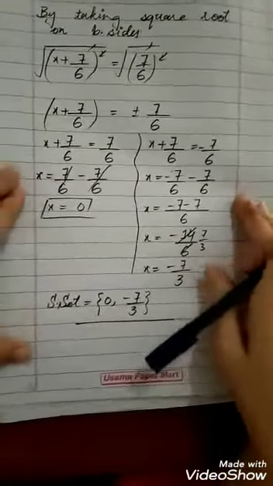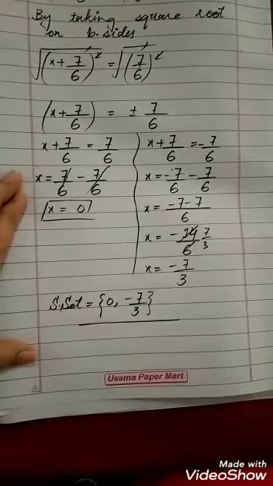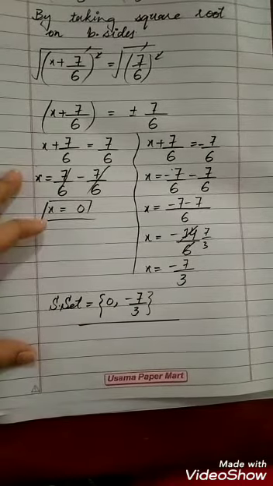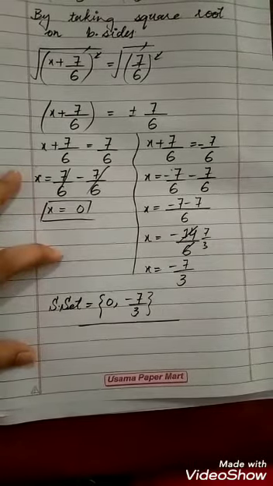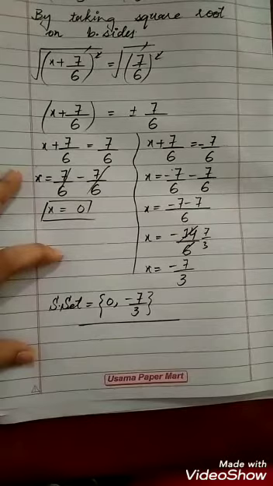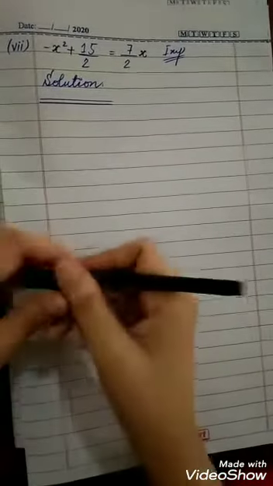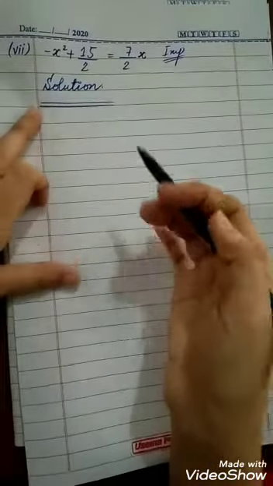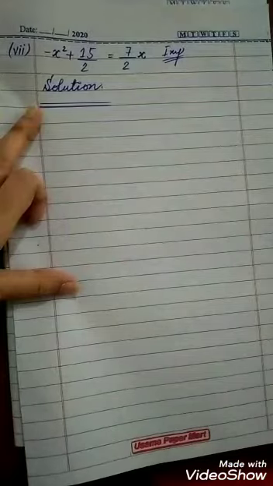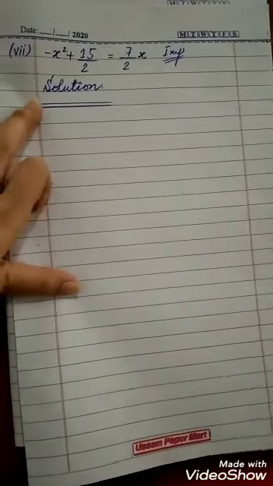Friends, this was question number 3 part 5 I have solved for you, and now move towards part 7. Part 6 is the same, it's easy, so you can do part 6 by yourself. Students, as you know, question number 3 has 10 parts. 5 parts today I have done. Now part 6 you will do by yourself, because it's easy. Now moving towards part 7.